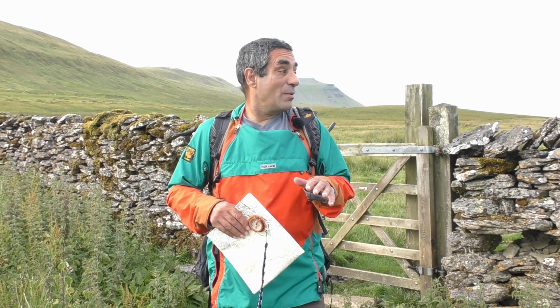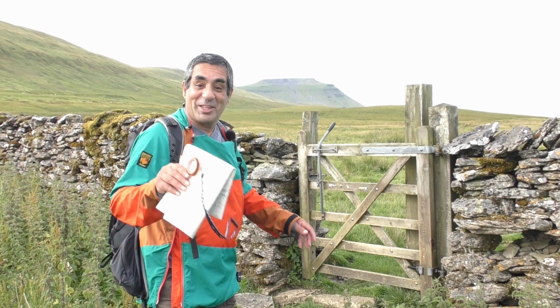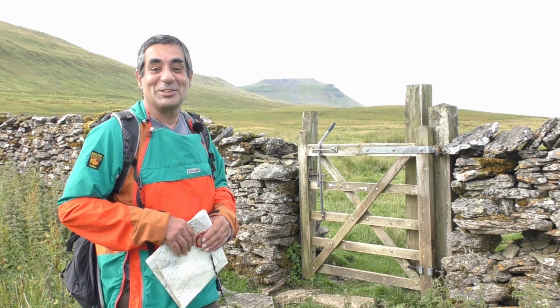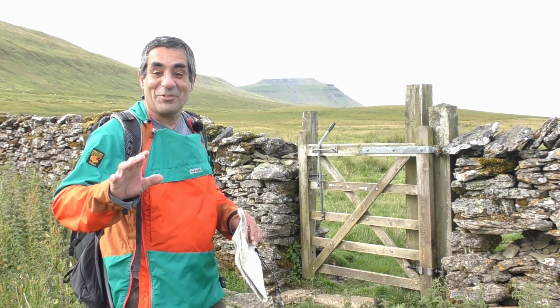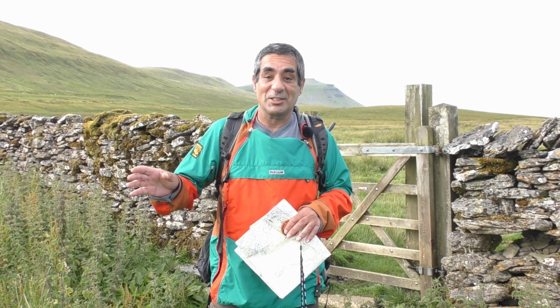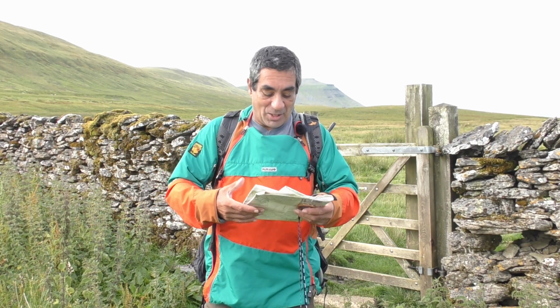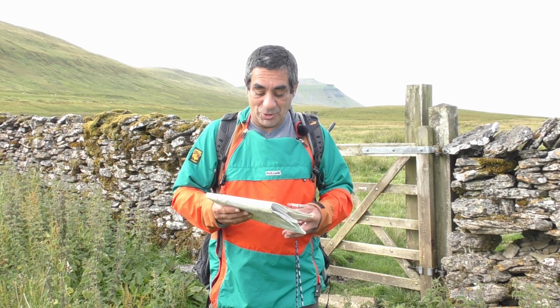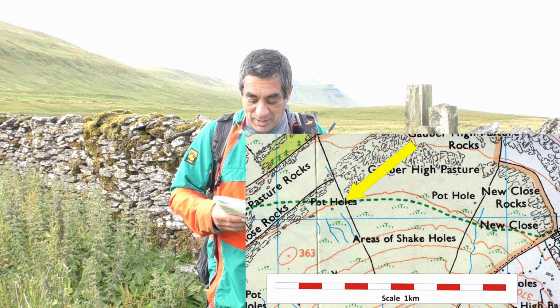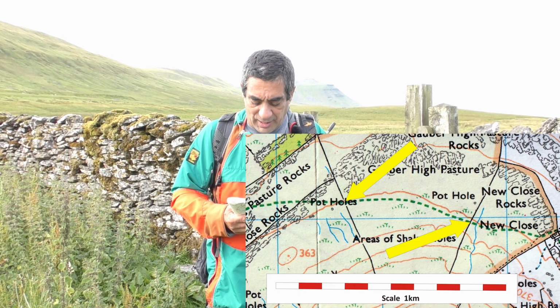As an example, I'm at this track wall junction with this gate with one of the most famous hills in England behind me. That's Ingleborough if you're not from this area. So I'm going to walk across this field to the next junction, and I need to know how long it's going to take me. So I'll have a look at my map. I'll drop this onto your screen so you can see what I'm doing. So I'm here and I want to walk to there, so I can see that it's